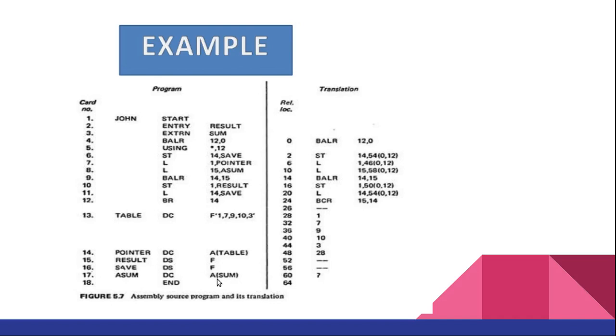The constant value is the address of sum. What is the address of sum? Since it is an external symbol, it is defined outside the program. So we don't know what the absolute address is, and we don't know where the program is going to be loaded. The 60th relative address is showing the symbol sum, so we don't know the absolute address. It will be known only at the time of loading. So do remember this table: the values of the pointer and sum symbols depend upon the address at which the program is going to be loaded.